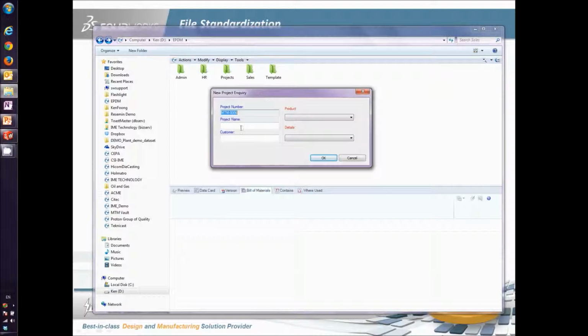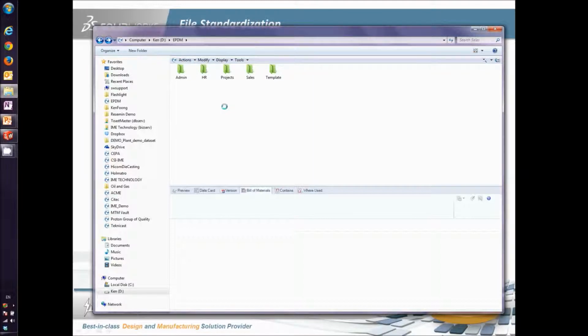A window will pop up. We can key in the information that we want to create a project, and choose the information that we want and hit the OK button. The project folder structure will be created and all the subfolders are already generated,